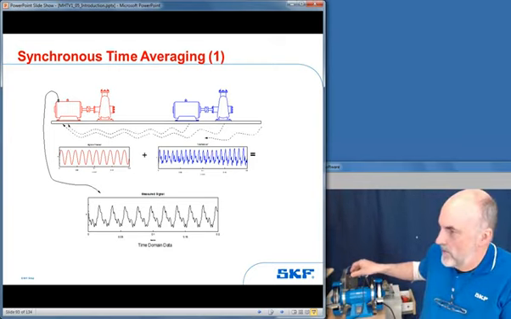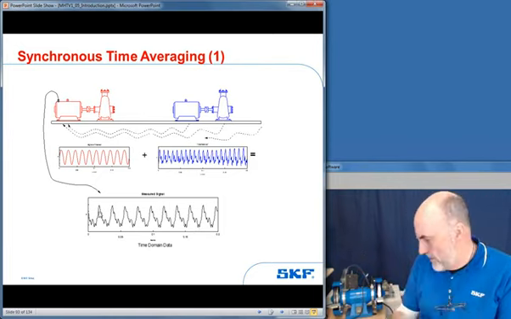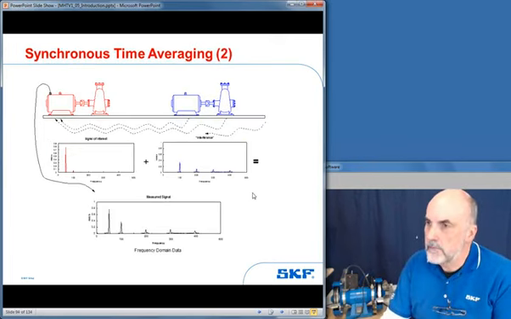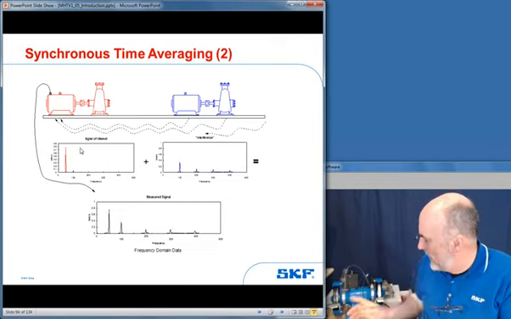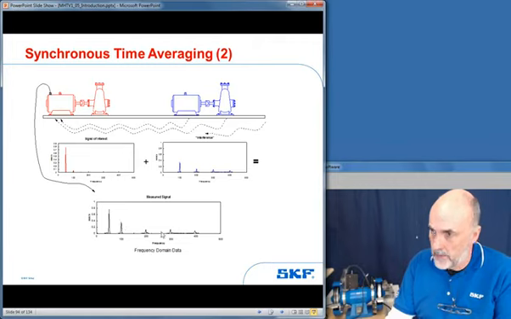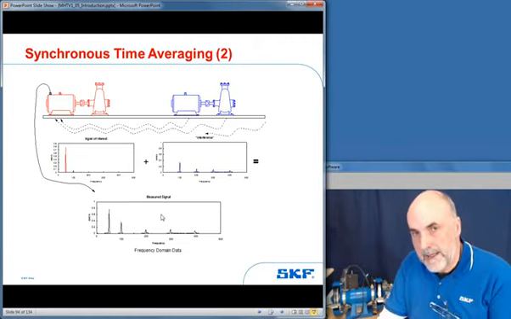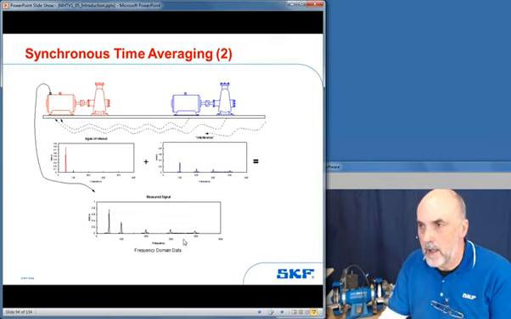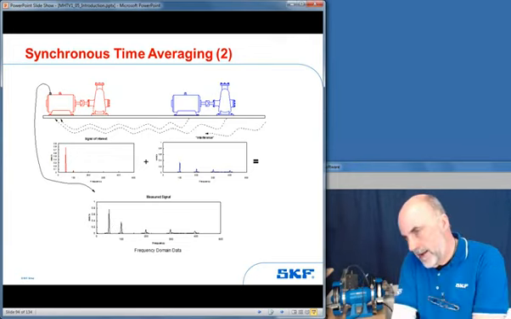And you run the machine up, switch the noise on, and there is the signal with the noise on it. Now, if you take the spectrum of that, you will make a misdiagnosis, because the machine, as we've already seen, is out of balance. But because of the interference, we get quite a lot of harmonics. So my diagnosis would be that the machine is mechanically loose, maybe even misaligned. So I make a misdiagnosis due to the fact you've got all this other signal there.